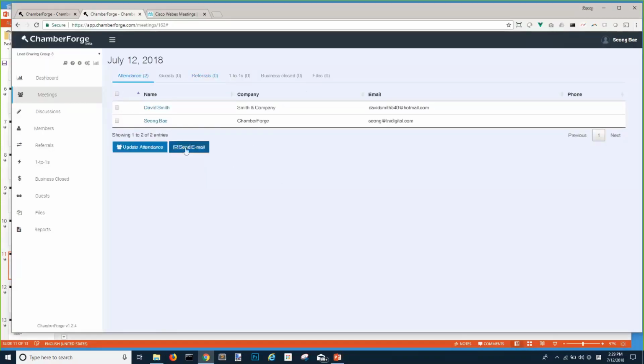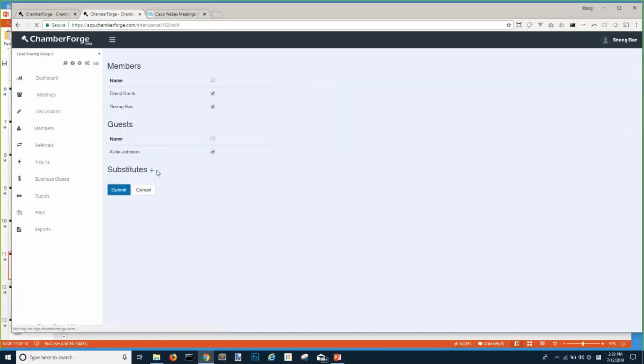Sometimes David Smith can't come to the meeting, and some groups require that if you cannot come to the meeting, you must send a replacement, someone else. If that's the case, you can just say David Smith couldn't come to the meeting, or didn't come to the meeting, but there was a substitute. So here, substitute is